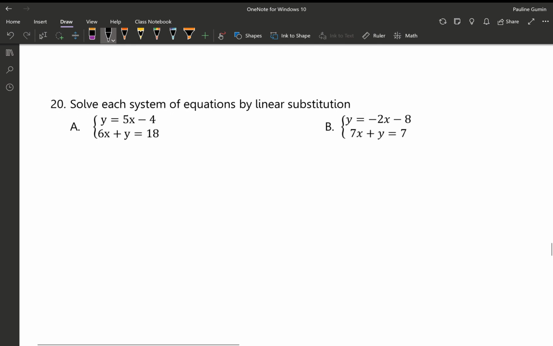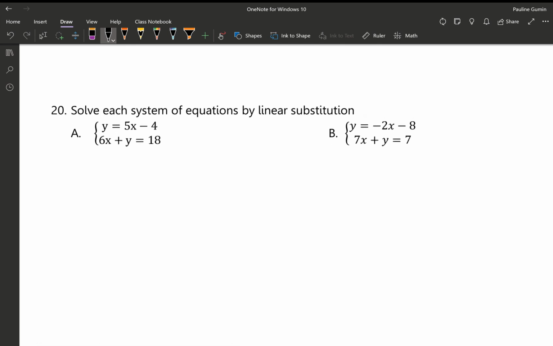Number 20, let's solve by substitution. Okay, what we're going to do is we're going to take this y equals and we're going to plop it into that second equation. All right, so instead of 6x plus y equals 18, oh, I'm trying to highlight. There we go. We are going to have,